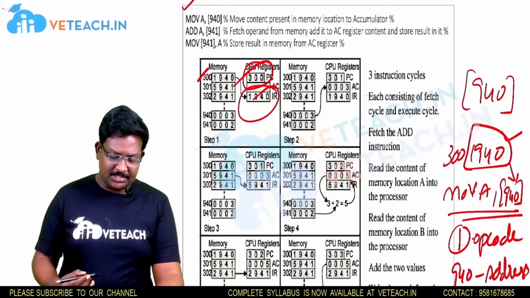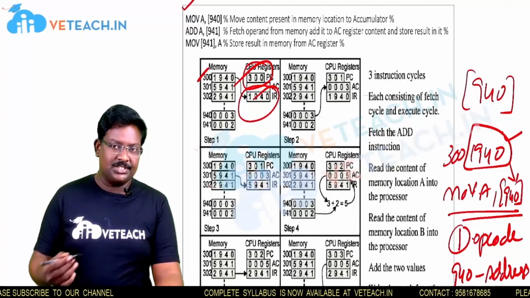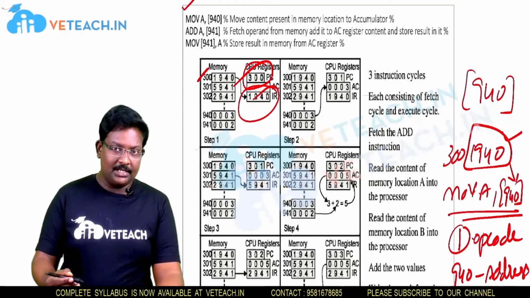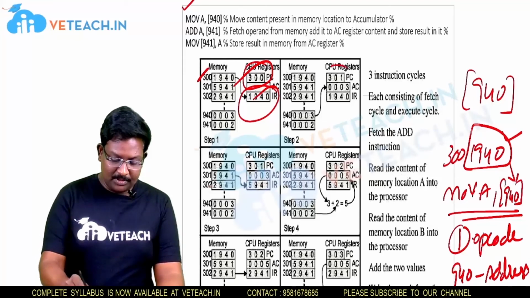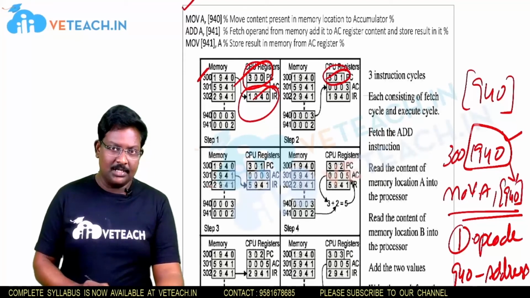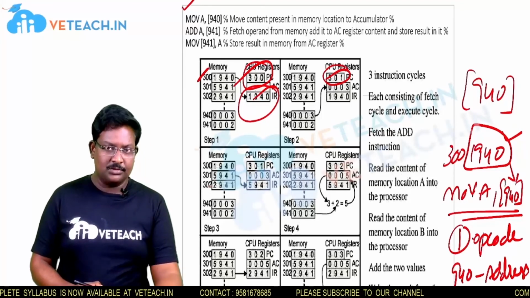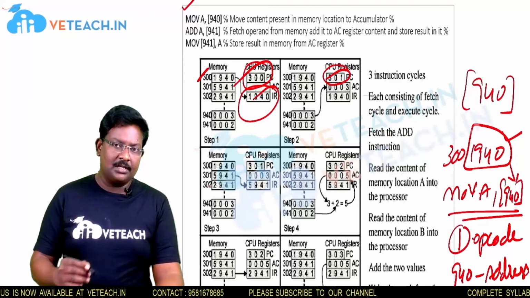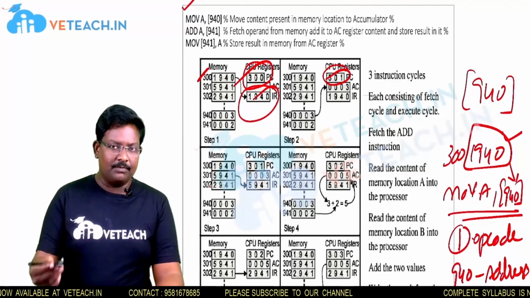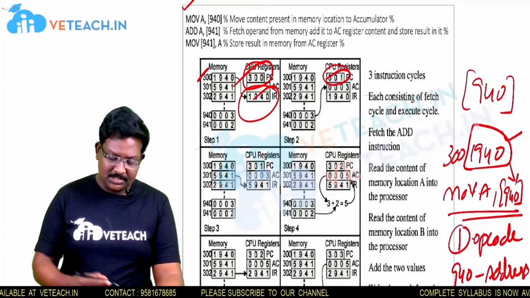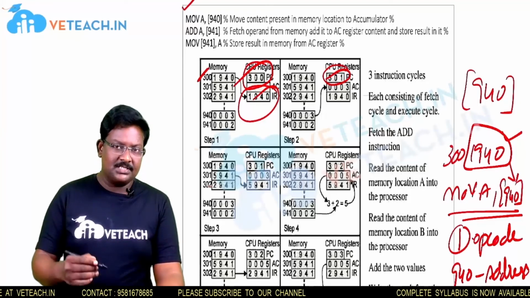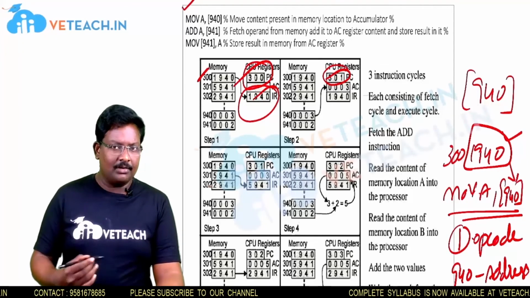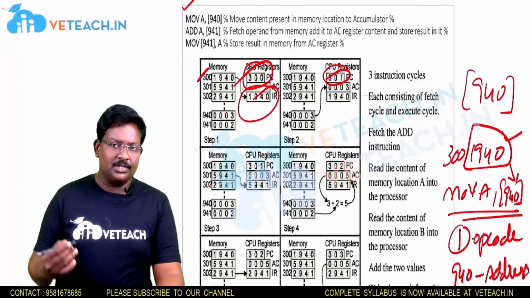So in the second step, what are the contents that are changed in the CPU registers? We can carefully observe here. The content that has been changed in the CPU registers is the PC. We can clearly observe it is 301, which means after placing the instruction in IR in step 1, we are incrementing the content of PC by 1. So the PC content now is 301, and the instruction placed in IR in step 1 is going to be decoded and accordingly executed.